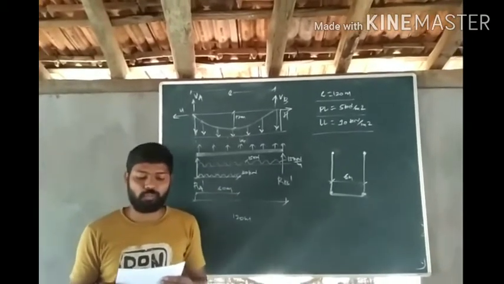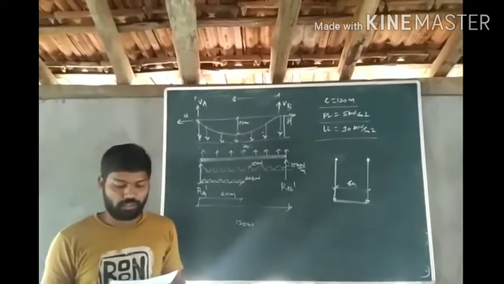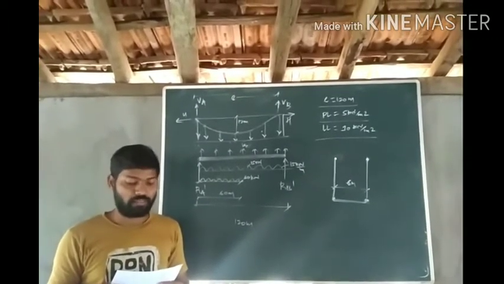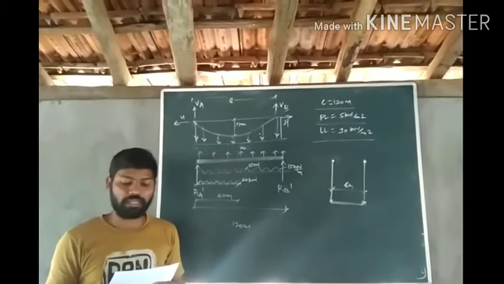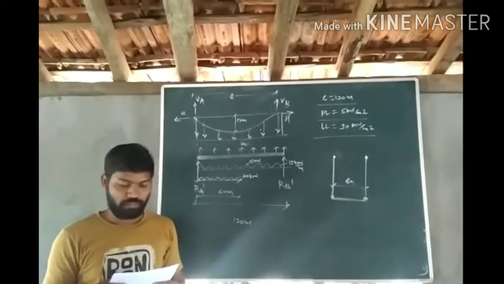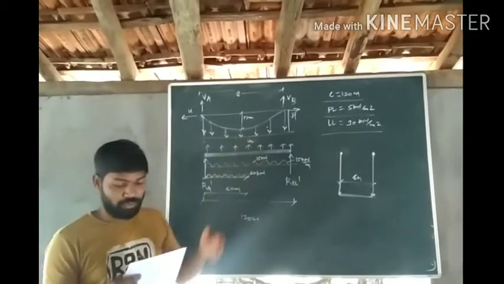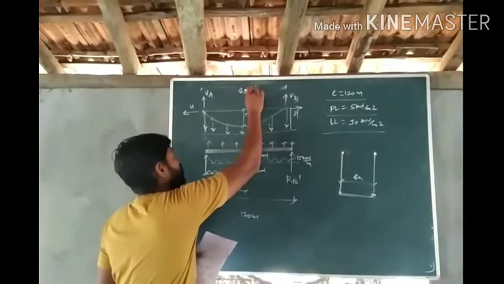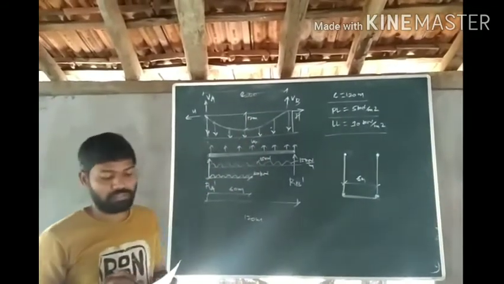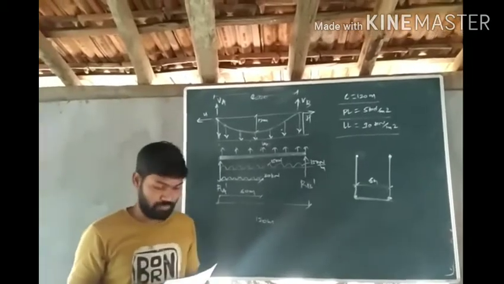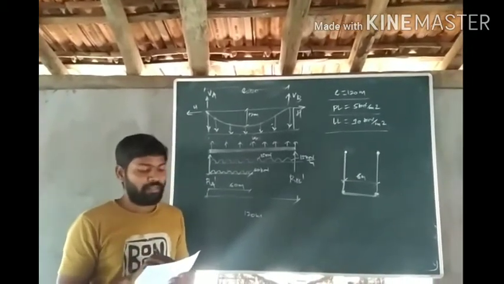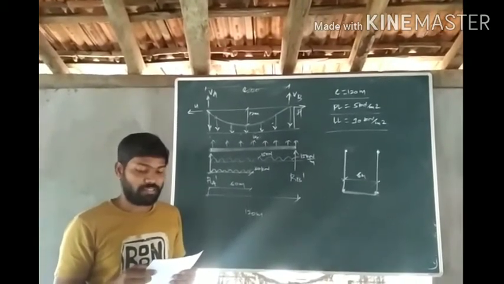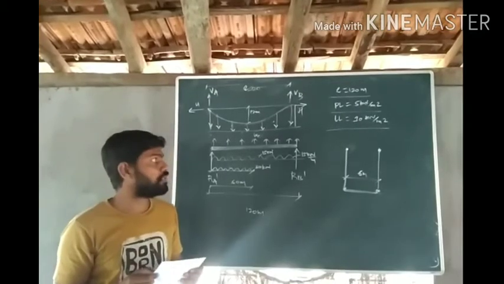A suspension bridge of a 12 meter span has two 3-hinged stiffening girders supported by the two cables having a central dip of 12 meter. See, the span of the bridge is 120 meter. In the PDF it is given as 12 meter, but actually it is 120 meter. So please do this correction. The suspension bridge of span 120 meter has two 3-hinge stiffening girders.